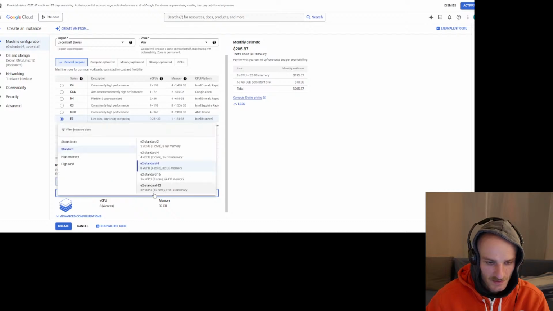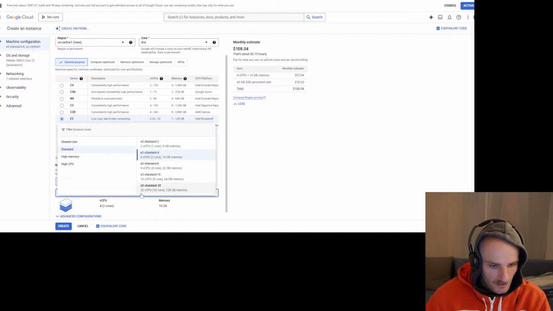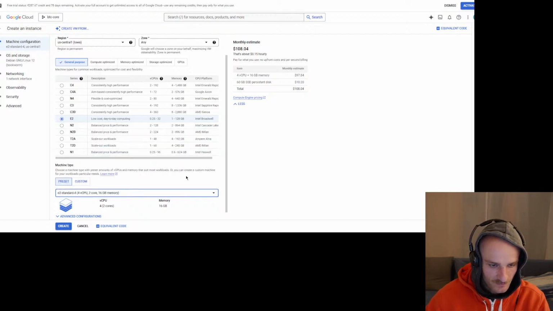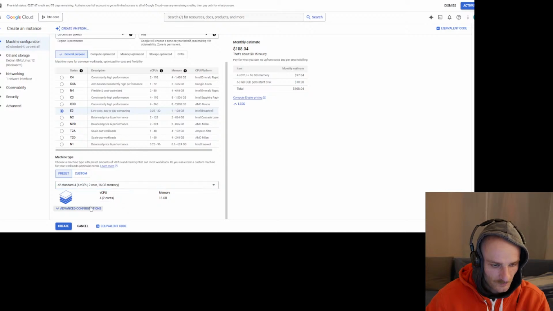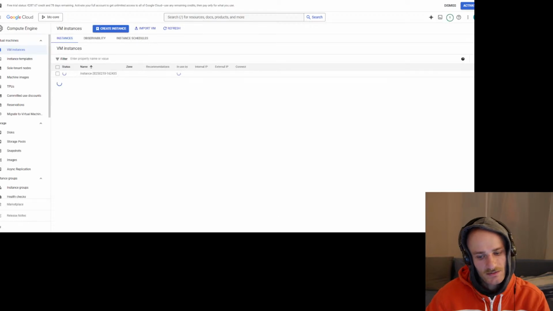Oh yeah, it's doubling the cost, of course. Yeah, let's go then. Let's see, advanced configuration. Let's just create the machine,